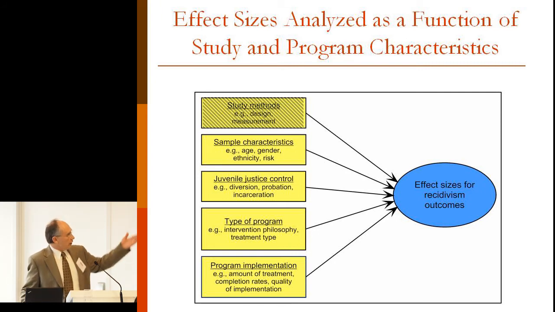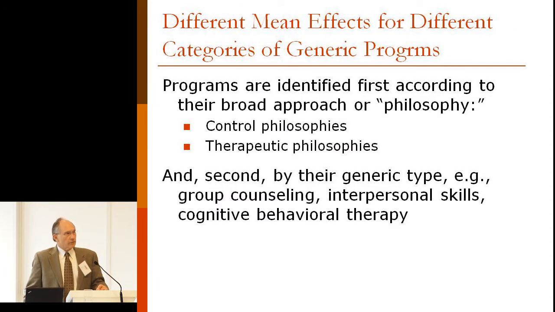as a function of the study methods. I kind of grade that out because that's a statistical control variable. Contributes a great deal, incidentally, to the outcomes here. Characteristics of the samples, juvenile justice settings and level of control, type of program, of course, and implementation and dosage characteristics. If we first sort this evidence according to the type of program, we find, not surprisingly, quite different